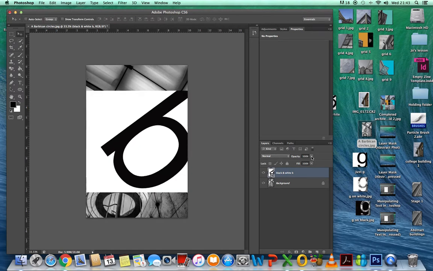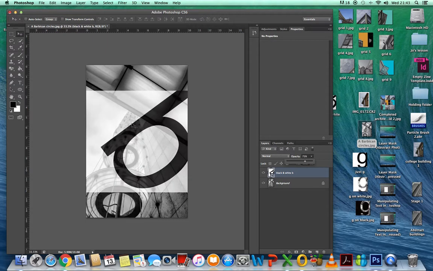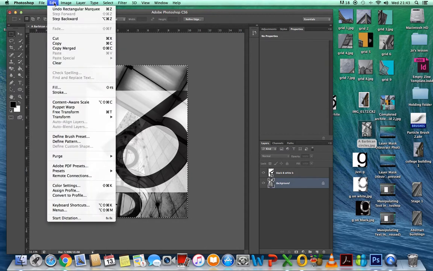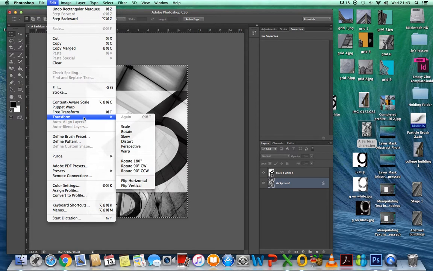Then you're going to go to opacity and move that down so you can start to see the design through the letter. Then you're going to go to your background layer. Make sure that it's the bottom on the background that's highlighted. Go to the rectangle marquee tool, draw a box around that. Okay. Go to edit, transform and scale,